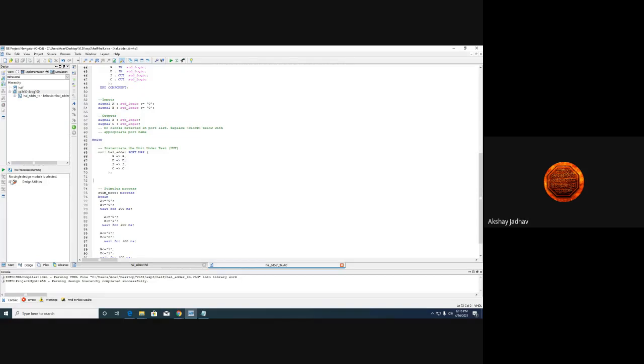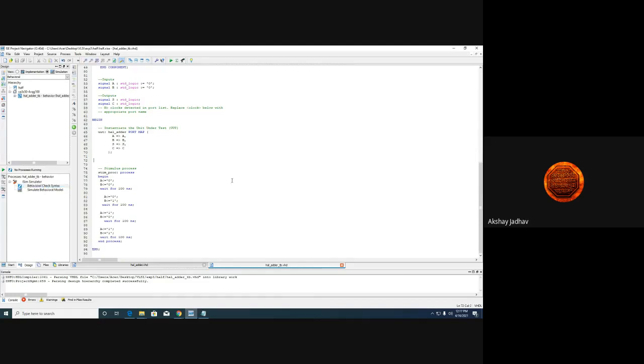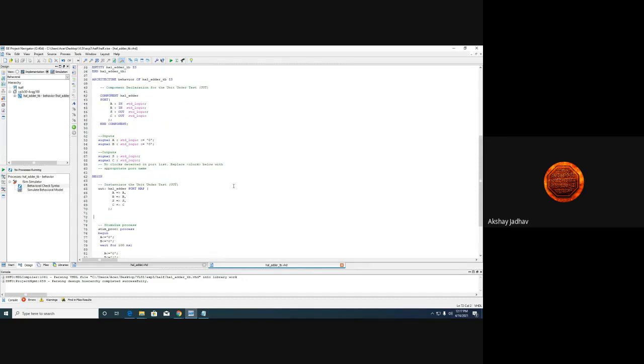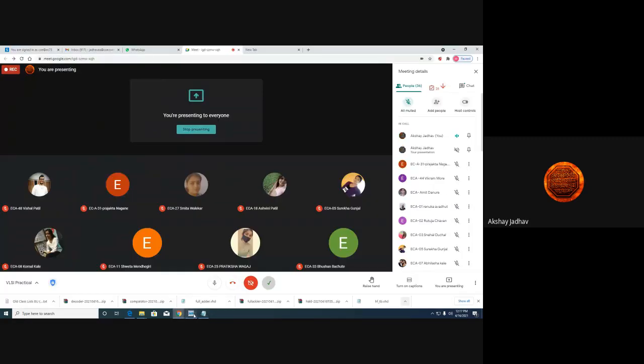And under this design utility we have, once you click on it, you will see the ISim simulator will open and ask us to check the behavioral syntax of the test bench which we have written for our half adder. Once I double click on it, if an error is there, it will show us the error, or if there is no error, your process of behavioral check syntax has been completed successfully. In this way the message will be given to you all. Okay, everyone, are you getting it?